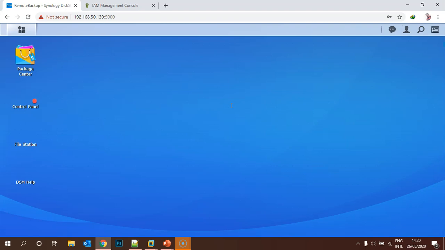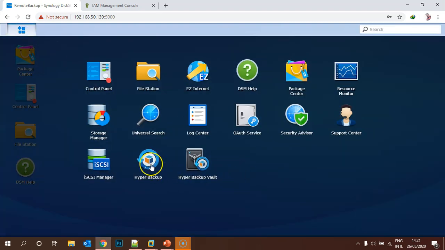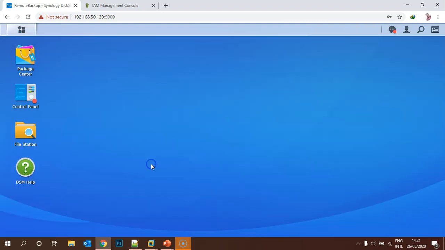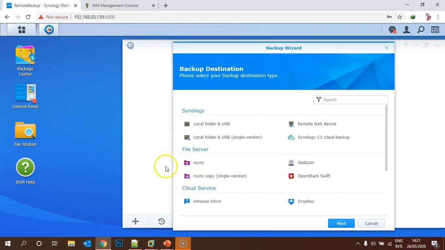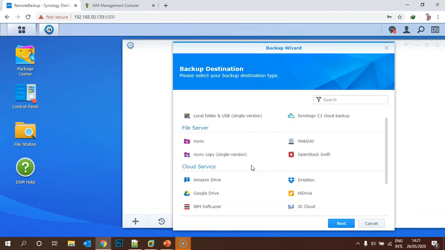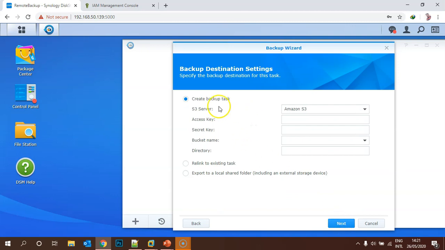Once you log into your Synology DSM, we'll go to the main menu. Under the main menu, we'll use an application called Hyper Backup. Under Hyper Backup, under the categories, we need to go under Cloud Services, S3 Storage, next. So we need to create a backup task. For that, we require an access key.